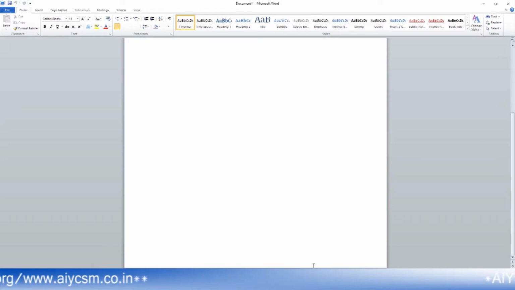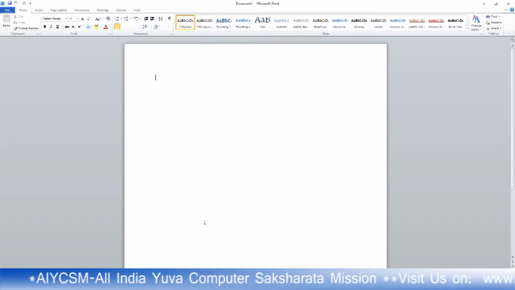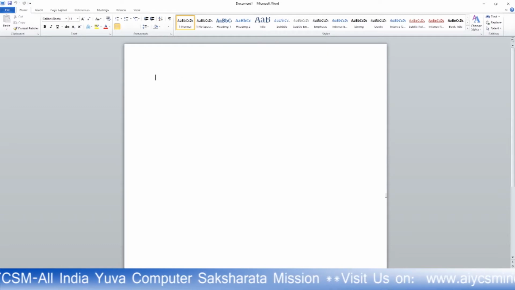Above this is known as the header part. If you scroll down, where the page ends, you will see some more empty space. This is known as the footer, where you cannot write. If you want to write in the header or footer area, you have to go to the Header and Footer option from the Insert menu.